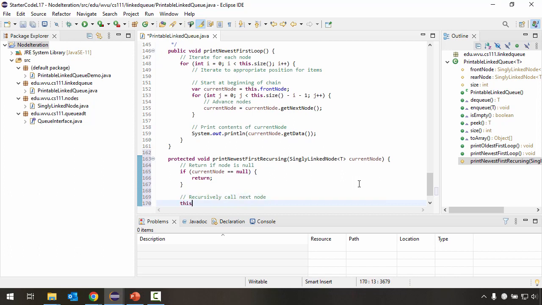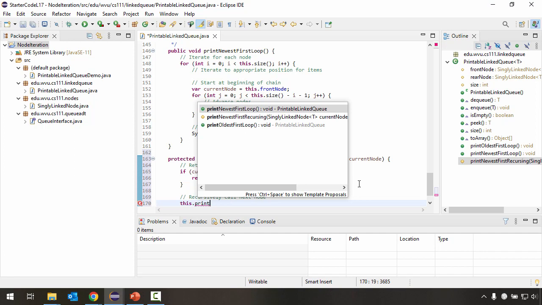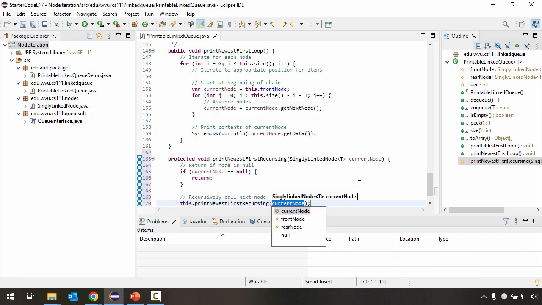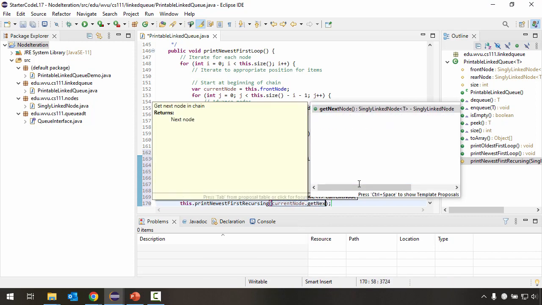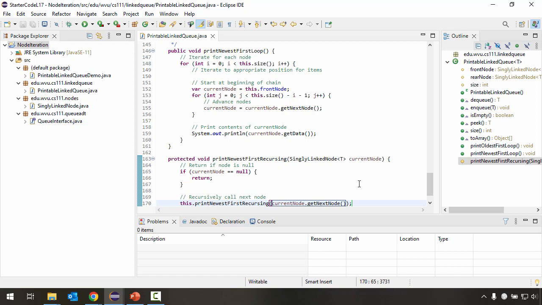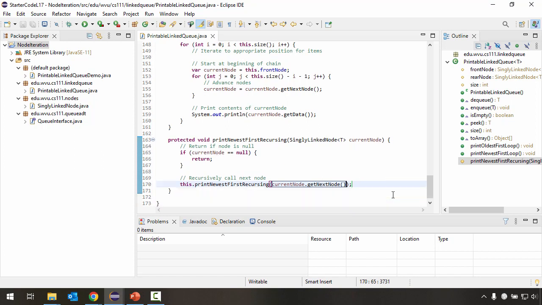So for this here, we're going to say this dot print newest first recursing, and for the argument we're going to pass, we're going to say current node dot get next node. So we're going to go through and have a recursive call to go and process the very next node on the chain. So we'll end up with a stack of all these recursive calls here going down to where we get to the very last node in the chain, and then when that one goes and calls current node, current is going to be null, so that's when we'll hit the base case and we'll start returning our things back